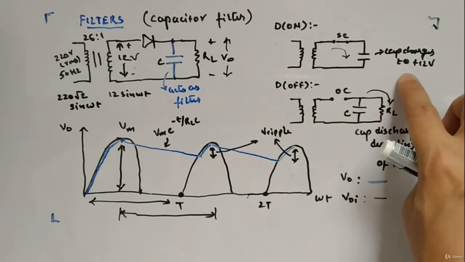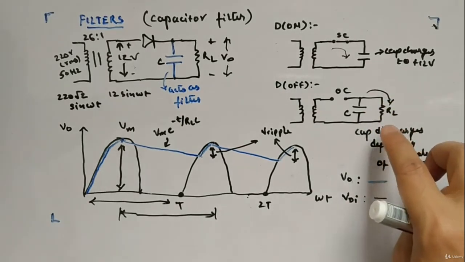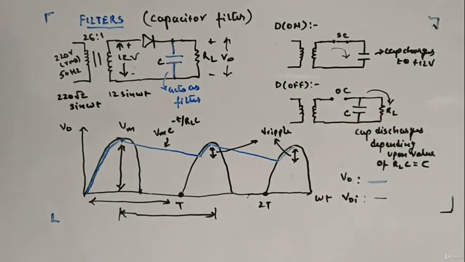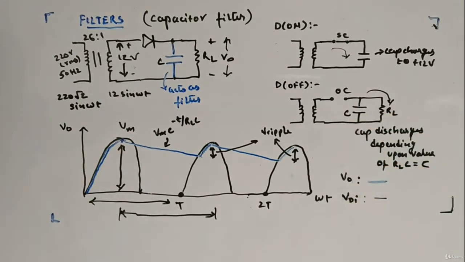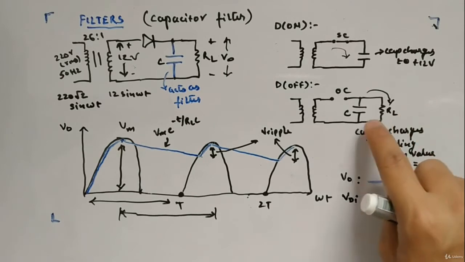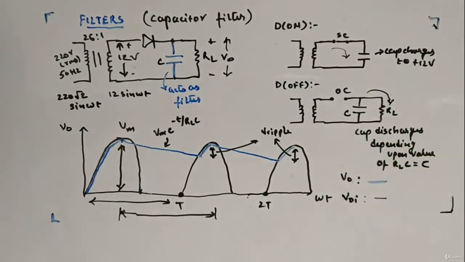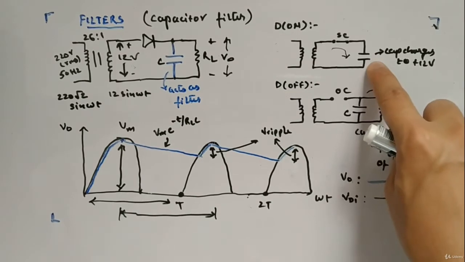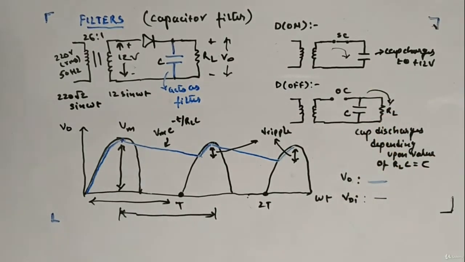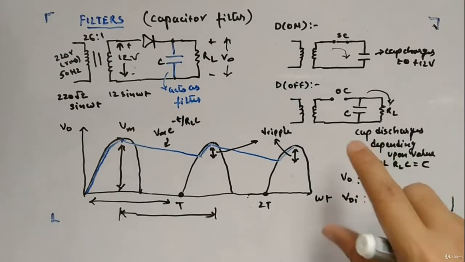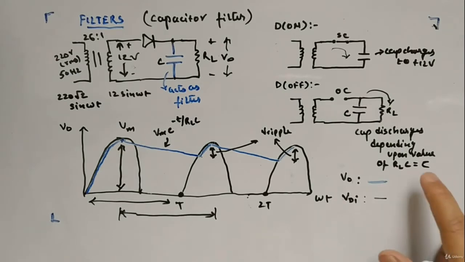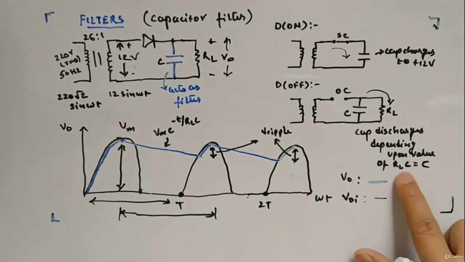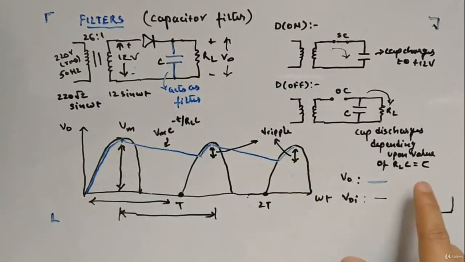So now the capacitor is charged, so it will start discharging when the diode is off, and the resistor will make the capacitor discharge. The resistance will suck energy out of the capacitor, it will dissipate energy from the capacitor, and that will reduce the voltage. It was charged to 12 volts, but it will reduce now to some extent, not fully. The charge will reduce, it will not go to 0, and it will depend upon the value of RL times C. RL times C, that is the time constant.